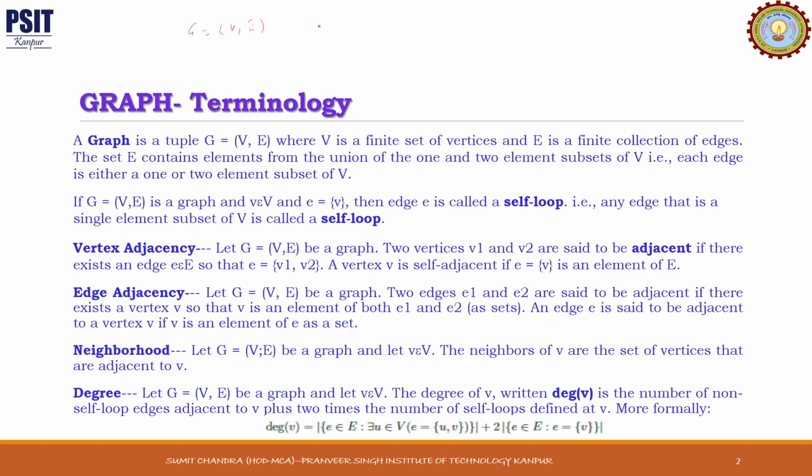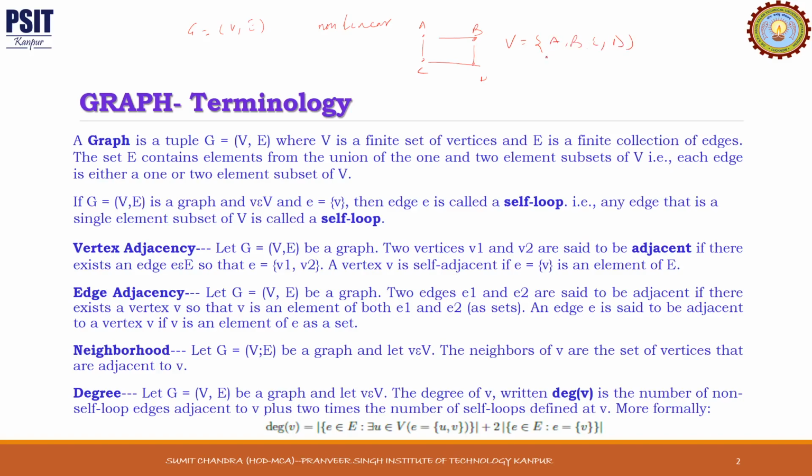We also know that it is a hierarchical data structure and it is also a non-linear data structure. We have previously seen in the first unit that graph is a type of non-linear data structure. It represents the hierarchical relationship. It consists of vertices and edges. Both are finite sets. For example, suppose now this is a graph.